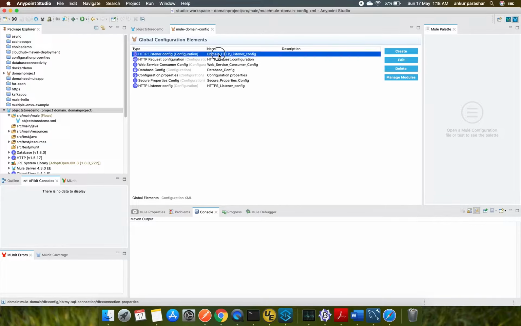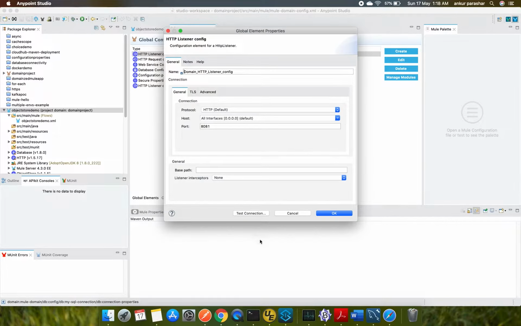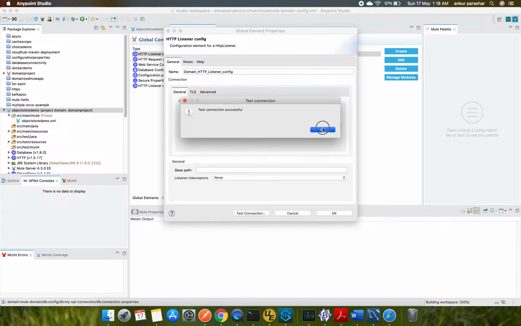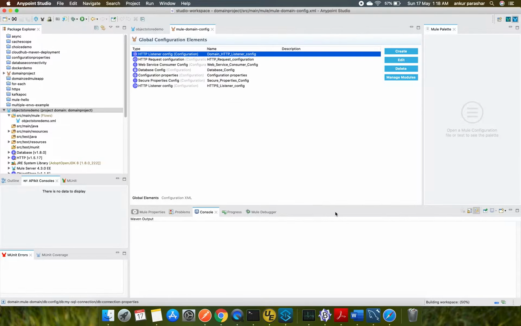This is our standard HTTP listener 8081. You can go for a test connection as well, it should work. This is fine. This is what we will be using the majority of the time, and the rest of the things like object store we are going to create within the application itself.